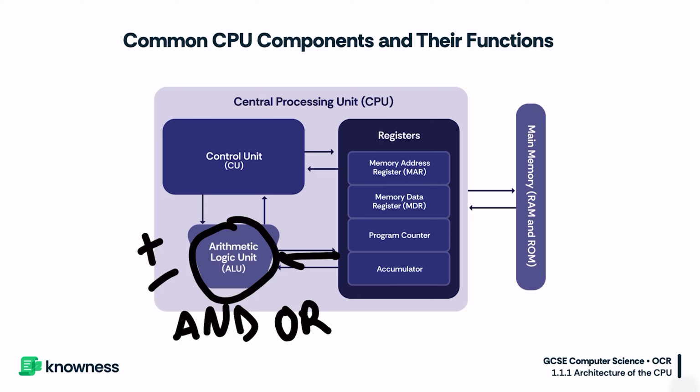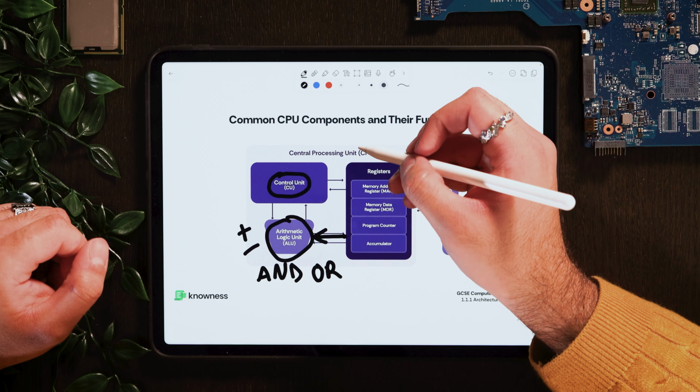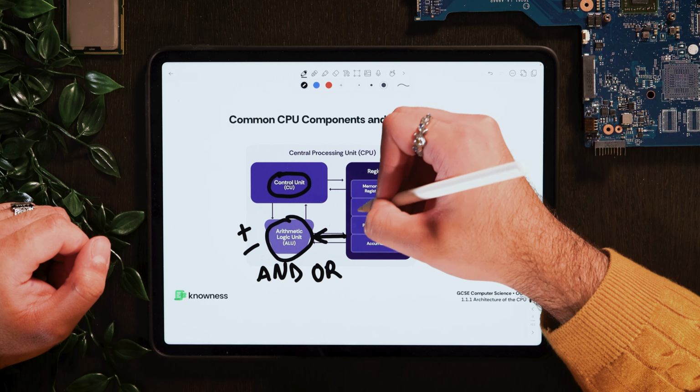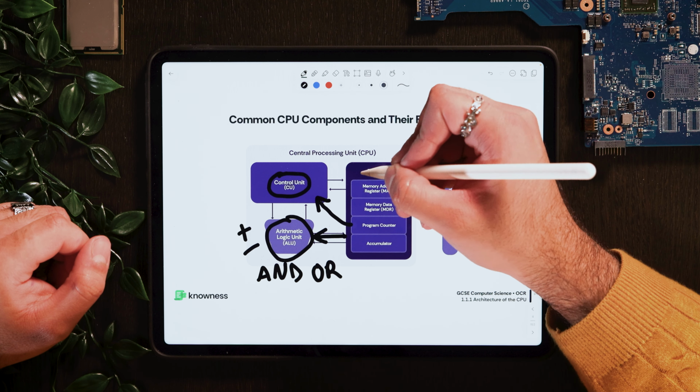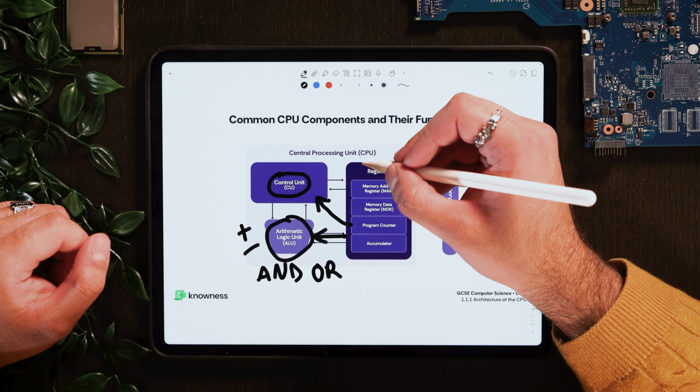The control unit is like the boss of the fetch-execute cycle. It's responsible for coordinating everything and making sure the cycle runs smoothly. During the fetch stage, the control unit retrieves the instruction from memory using the program counter and sends it to the instruction register to be decoded. It then controls how data and signals flow between different parts of the CPU to make sure that the instructions